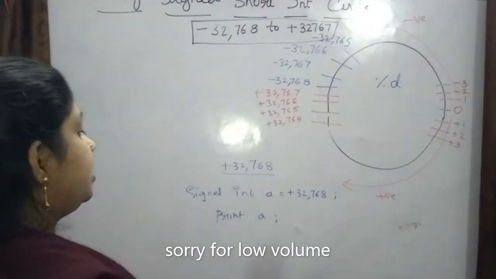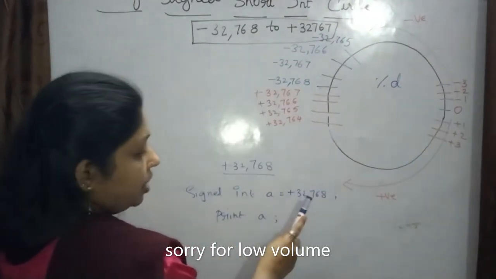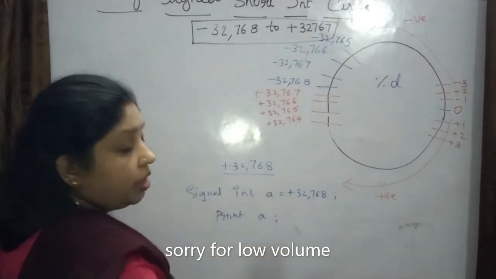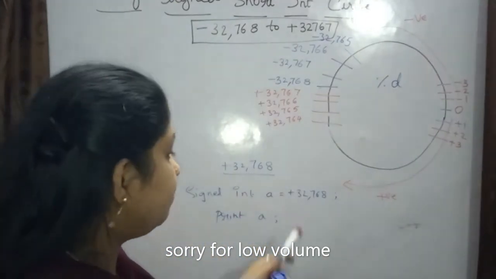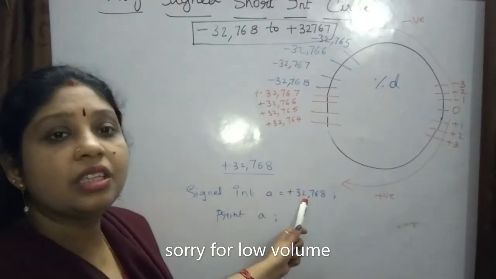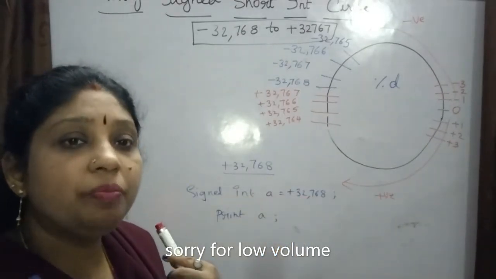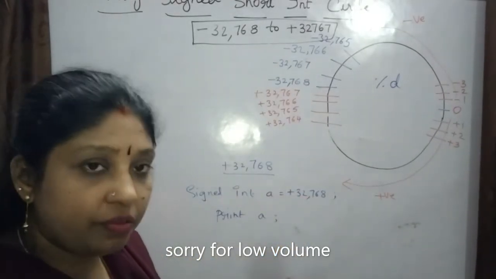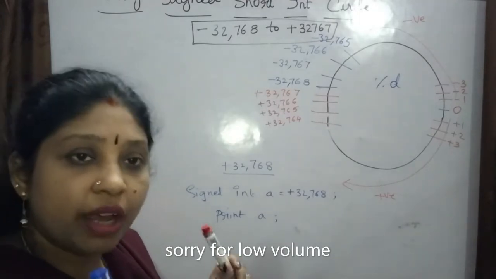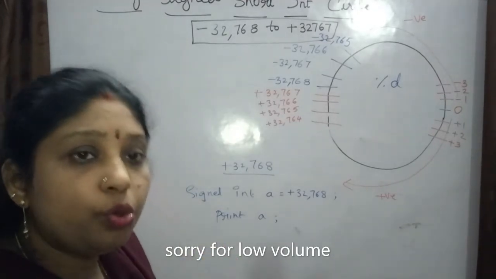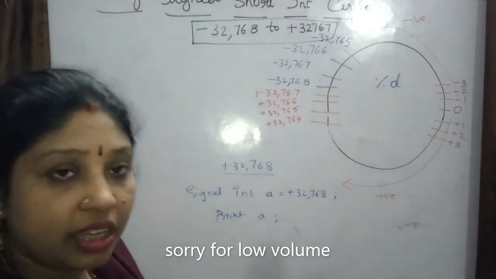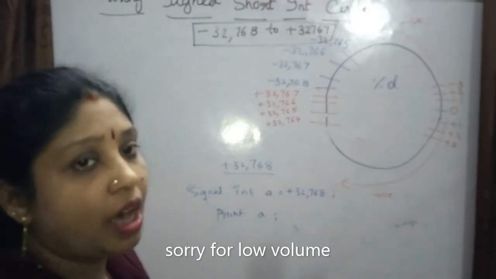When you write like this, do you think that it's going to give this value only? No, it's not going to give this value. Other than this, it will be throwing some garbage value. That means that value will not be there in that, and you don't know from where it has taken that particular value. So that is called the garbage value.